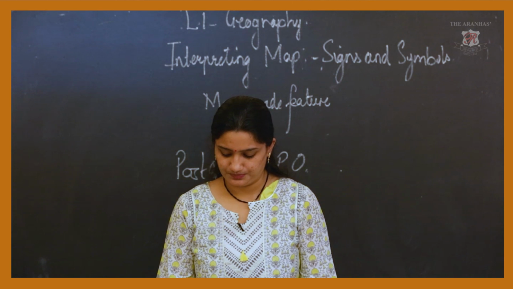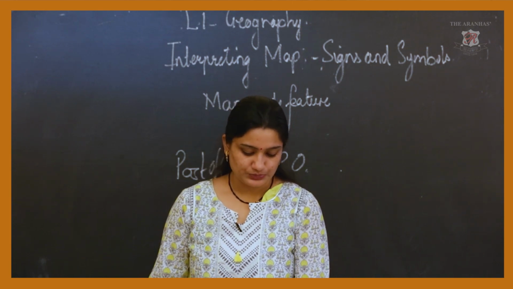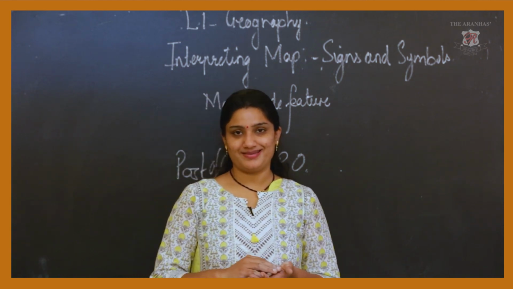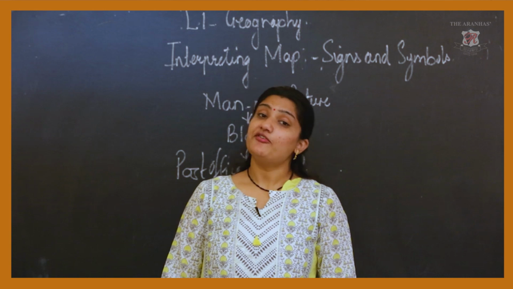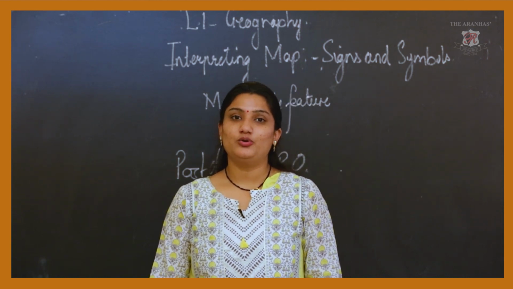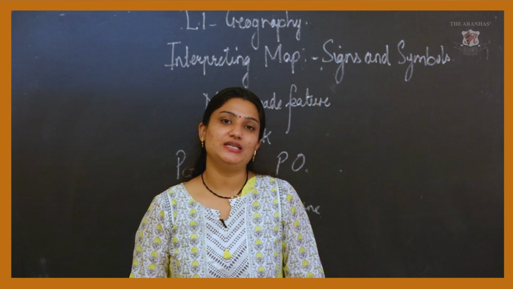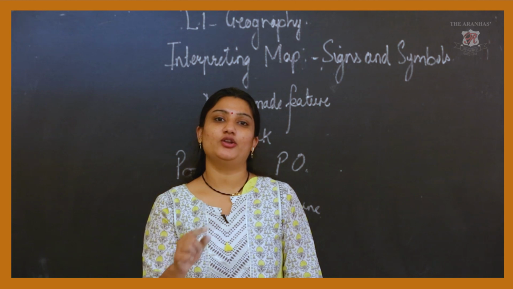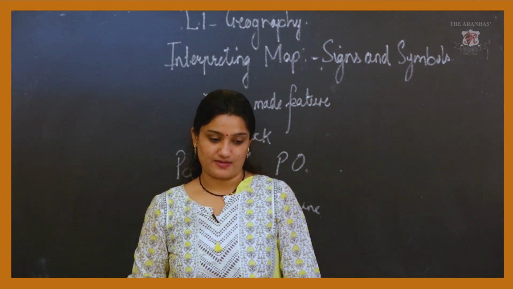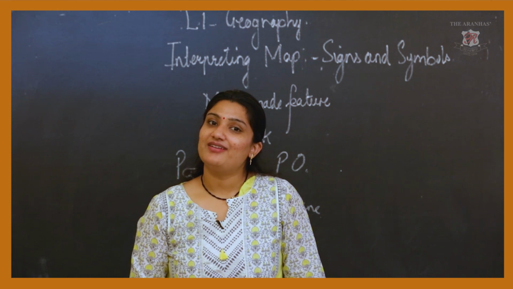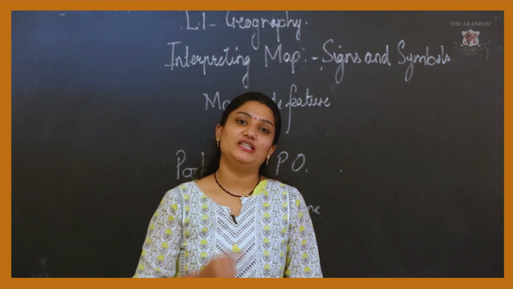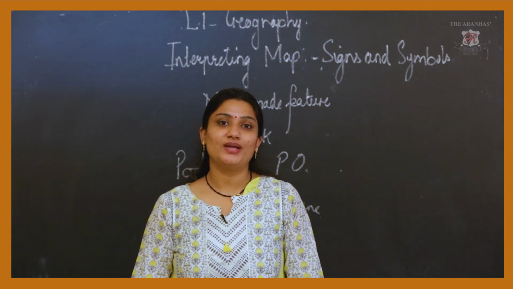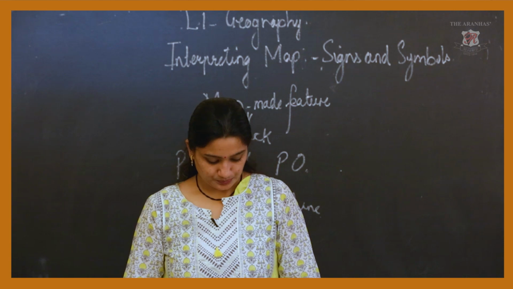Now in this chapter, we have learned about the topographical map. A topographical map is an important map because it gives us information about places. If we want to see where the vegetation land is, go and see the green color, and you will find all forest and vegetation land. If you want to travel from one place to another, you need a map. And who makes the map? The cartographer is the one who makes the map.